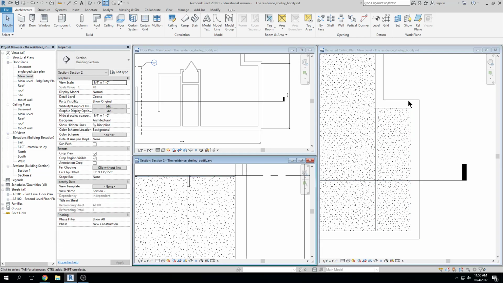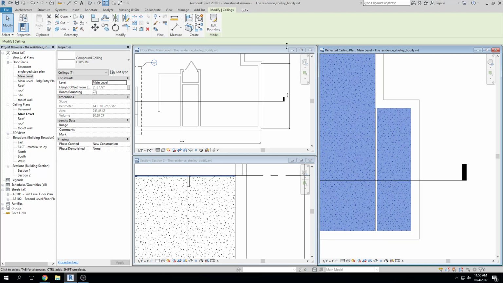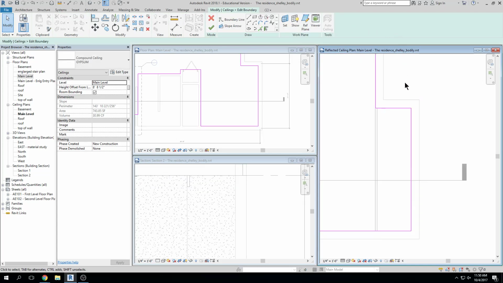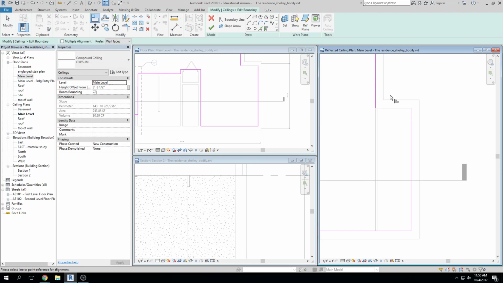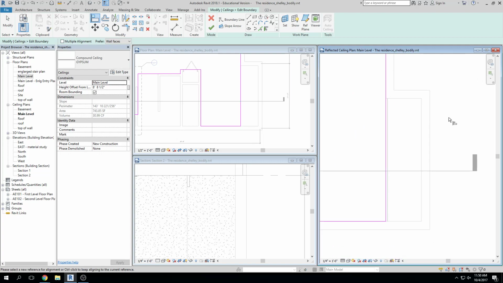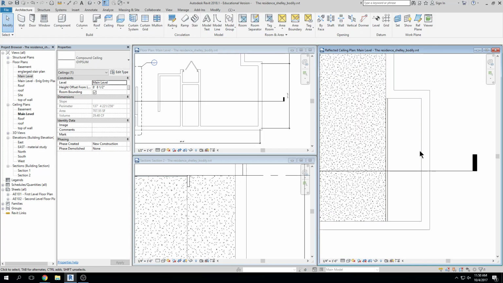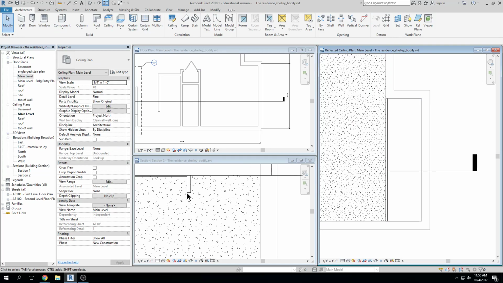So I'm going to edit that ceiling. If I can tab, tab, tab, there's my ceiling. Edit boundary, delete, AL, align, click, click and align. Ooh, it's not there, is it? AL, we'll just align it. Okay, hit finish. Okay, so I stop my ceiling there, and really the drywall would come down and wrap around